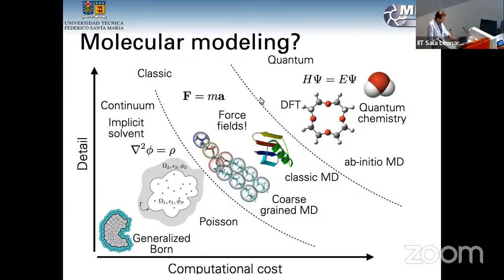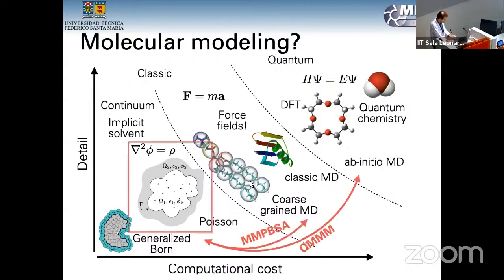Yeah, you can see this line here to divide between quantum and classic description, where we have force fields, of course, point charges at locations of the atoms, which can be coarse grained, for example. And I had another line here because, oops, this is where we're standing. I do a continuum approximation such that the models are based on partial differential equations, which is an area where I feel sort of comfortable, and which is something that is useful in itself, but also